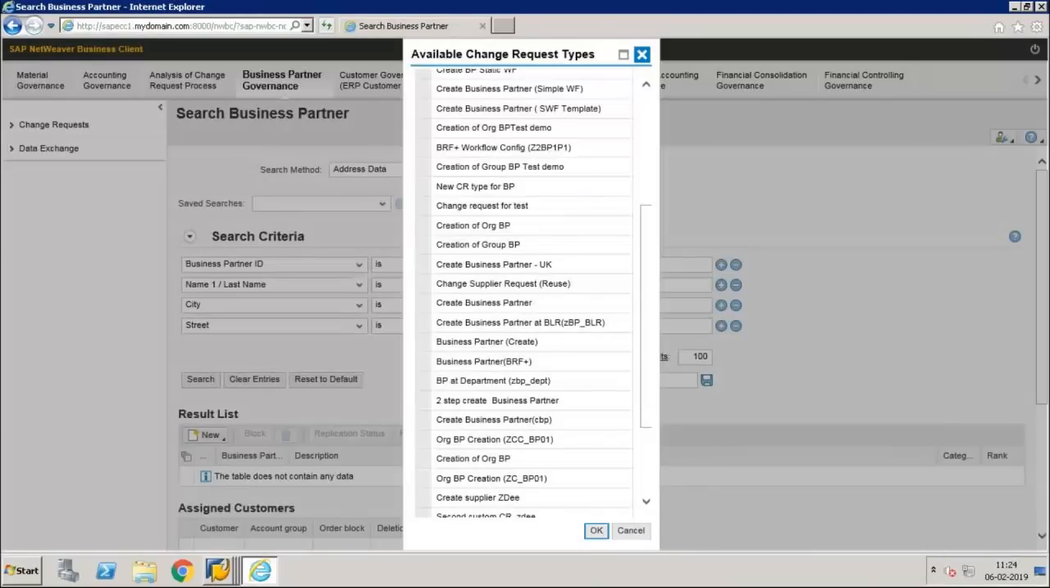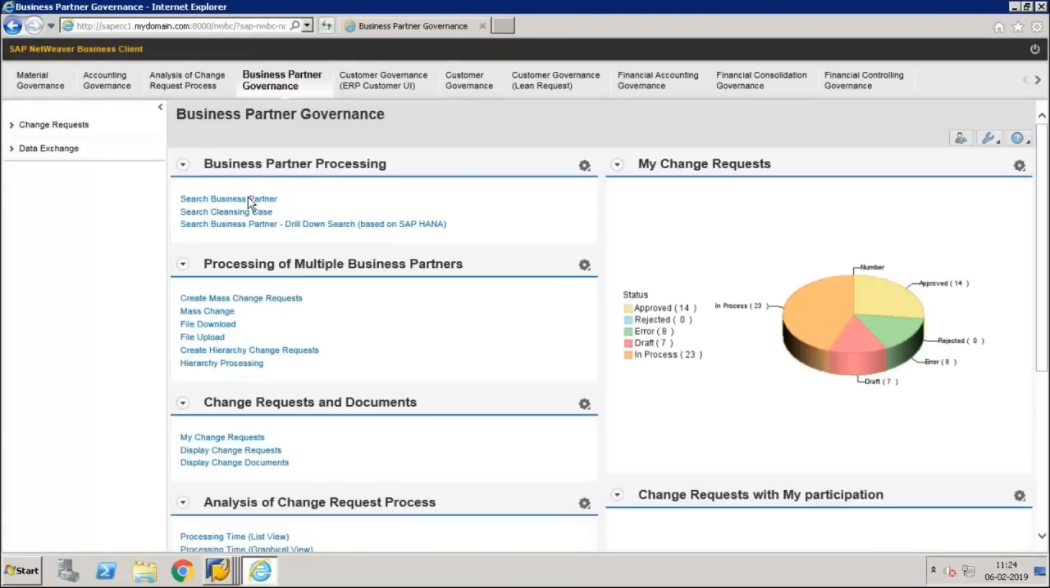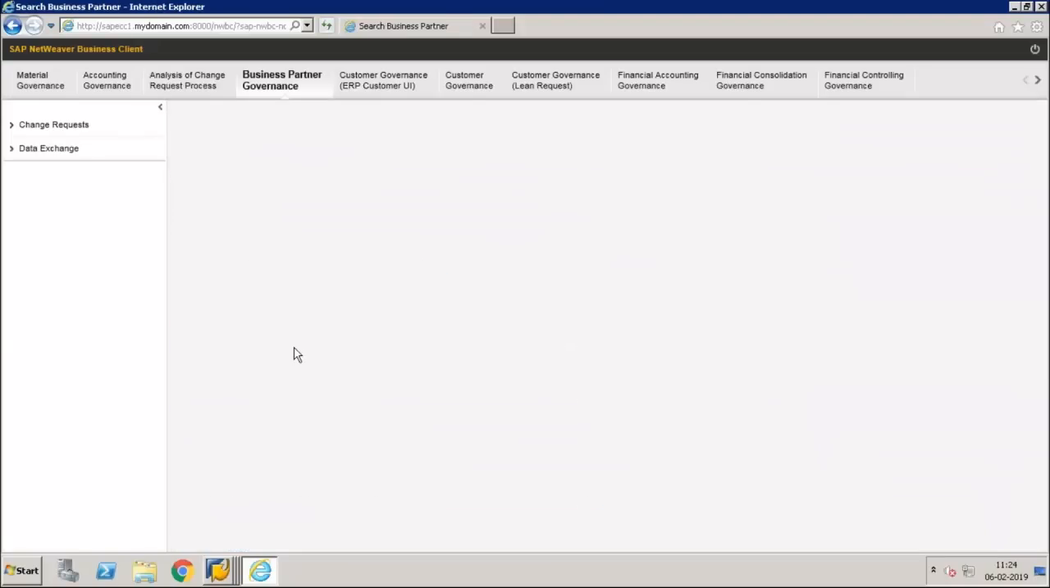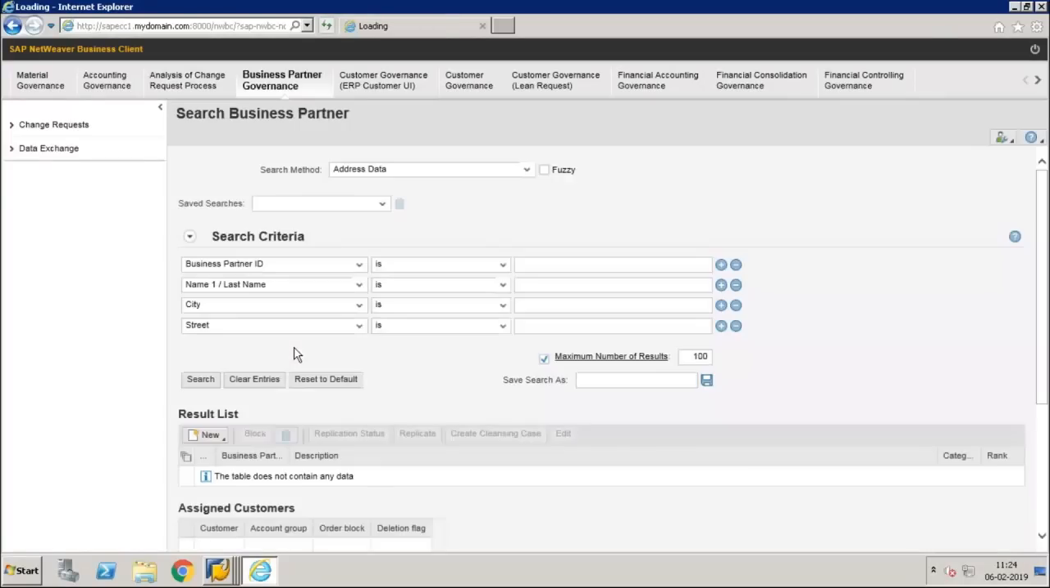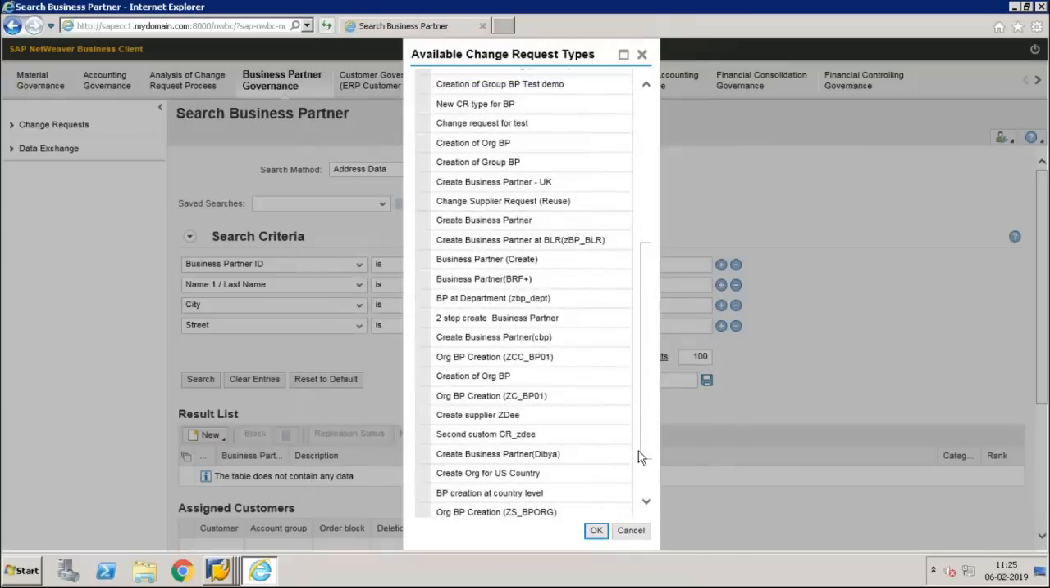If I refresh this application and search business partner, click on organization, and somewhere I should be getting create org for US country. I got the CR type. The moment I click on working,